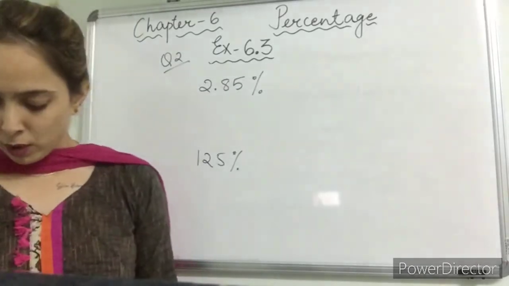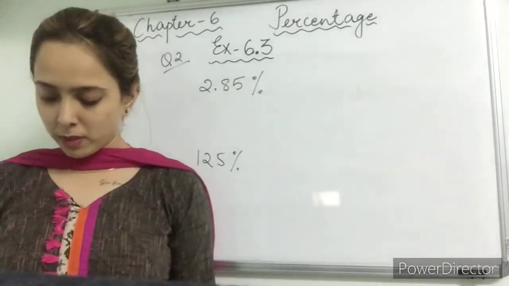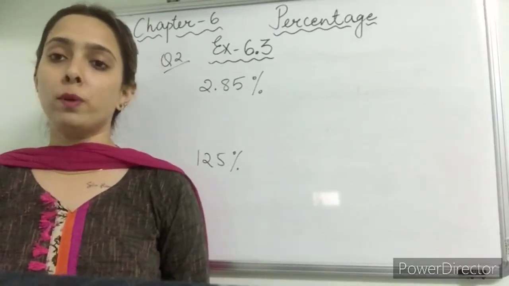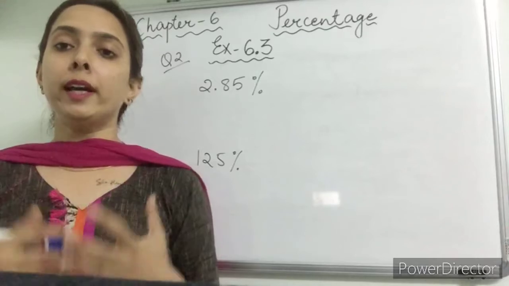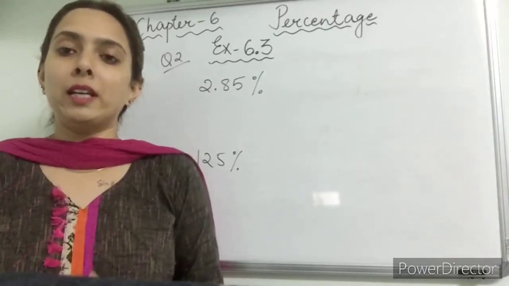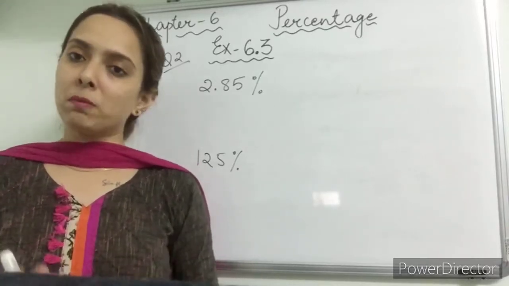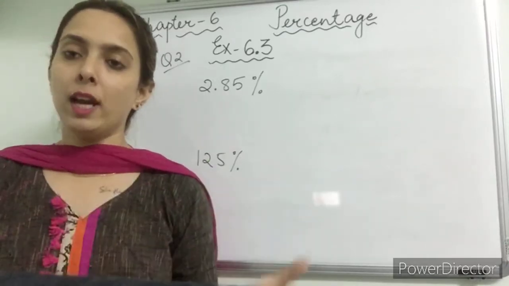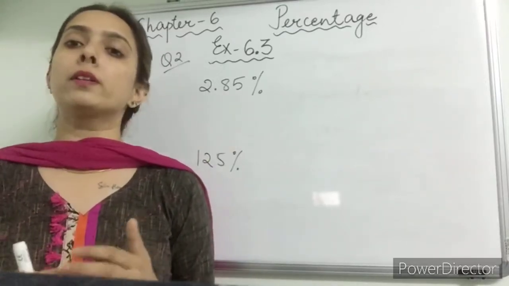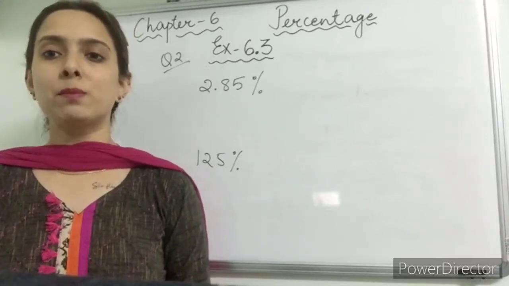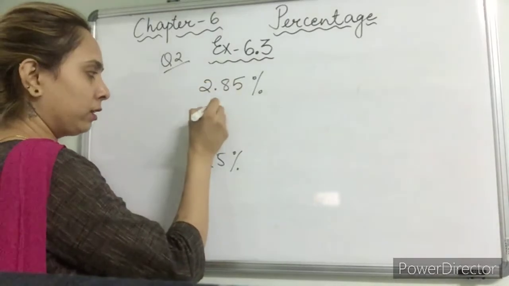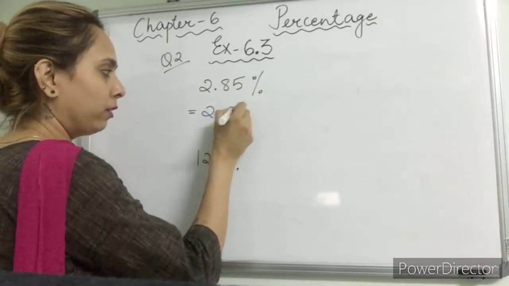Match the following percent to the respective decimals. Again we have to remove the sign of percentage because we are converting it into decimal. So again the same thing, divide by 100. When we have to find a percentage we multiply by 100, and when we have to remove the percentage we always divide by 100. Let's see what answer we get here.